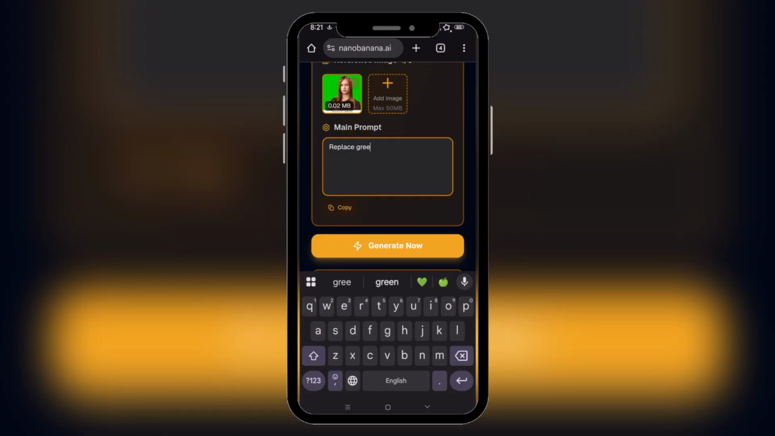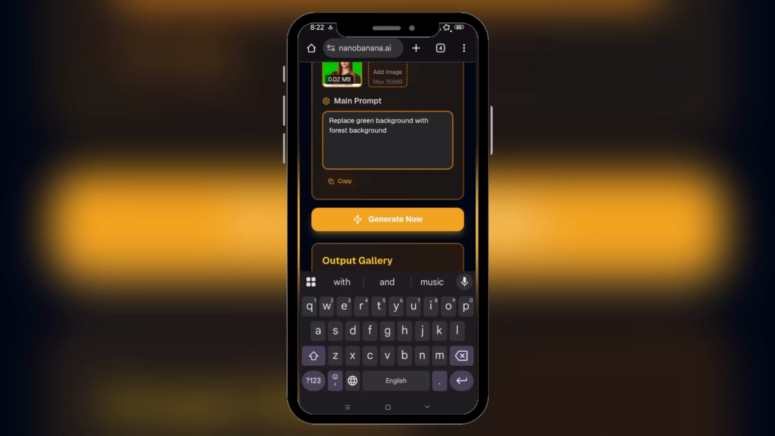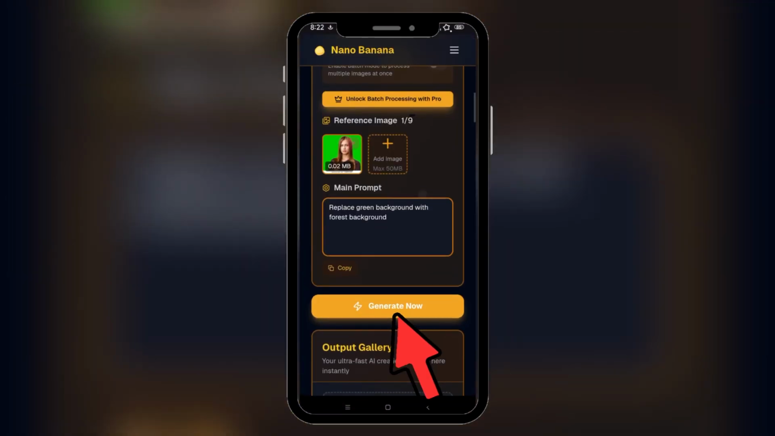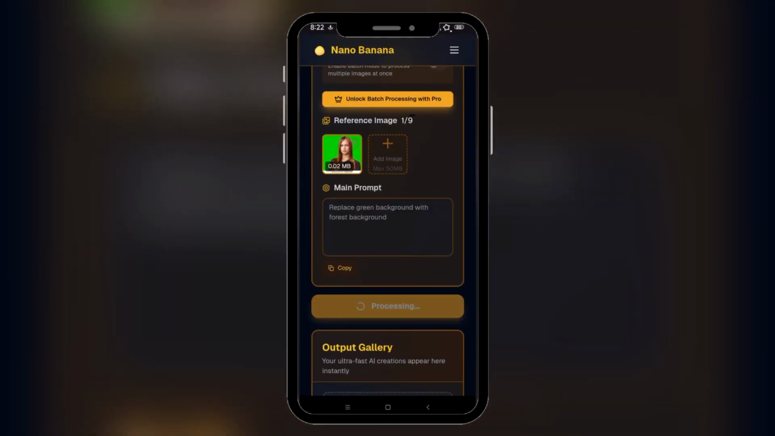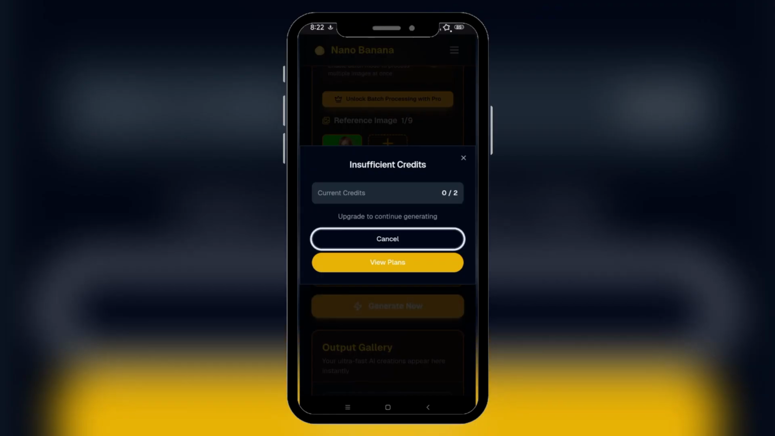Let's write this one. And after writing your prompt, tap on generate now, which is right over here. Tap on it. The NanoBanana AI will process your request and replace the green screen with the background that you have specified. So I'm using the free version, and I wouldn't be able to show you the rest of the process, but